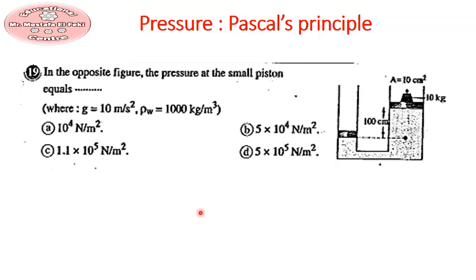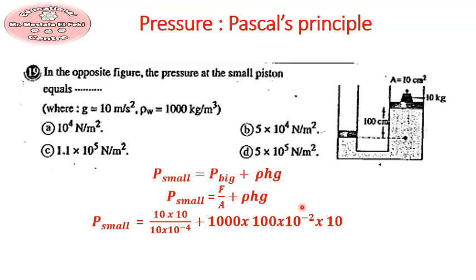In the opposite figure, the pressure at the small piston equals? From the graph, the pressure on the small piston equals the pressure of the big piston plus rho hg. The pressure equals force divided by area plus rho hg. Substituting the numbers,